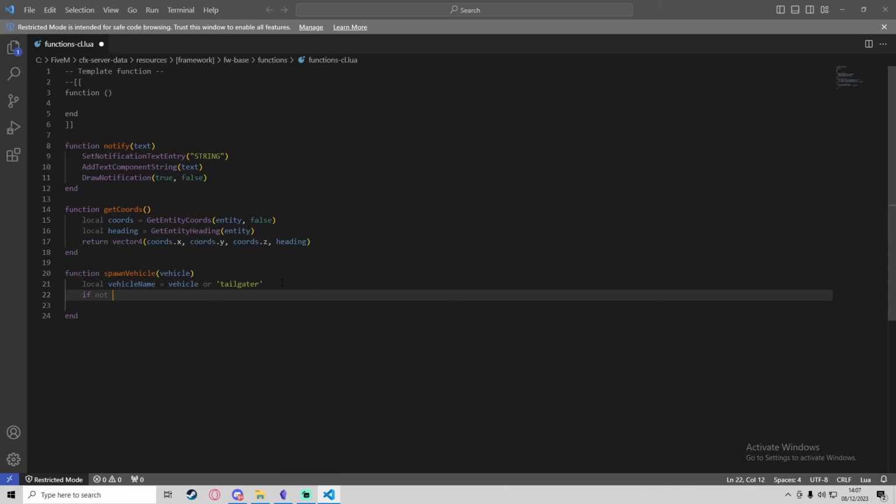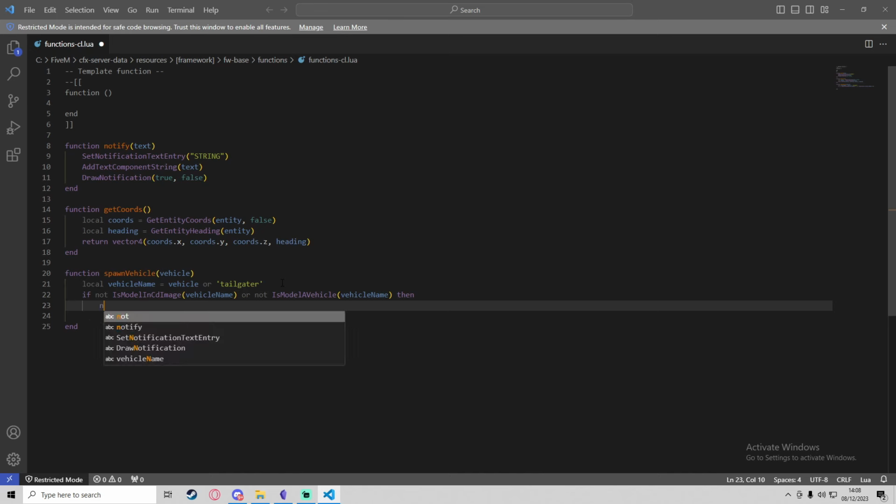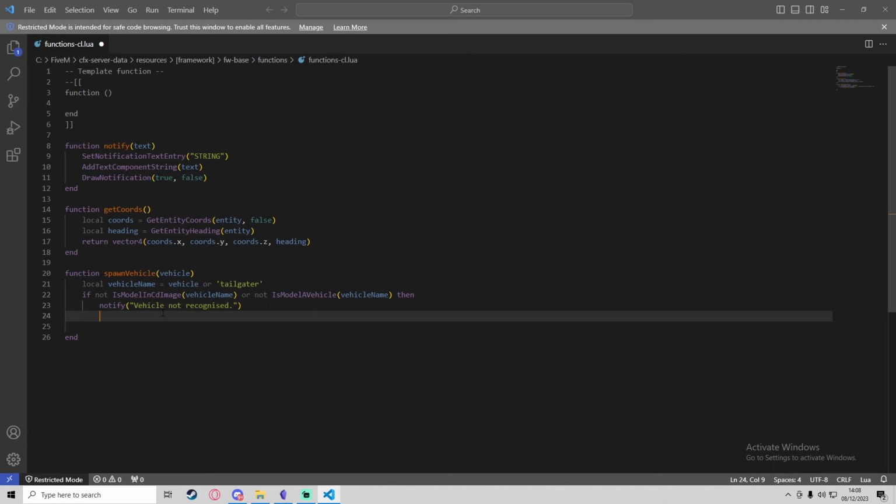If not is model in CD image vehicle name, or not is model a vehicle name, then notify, so that's using this function up here, notify vehicle not recognized, like so, and then we'll return,